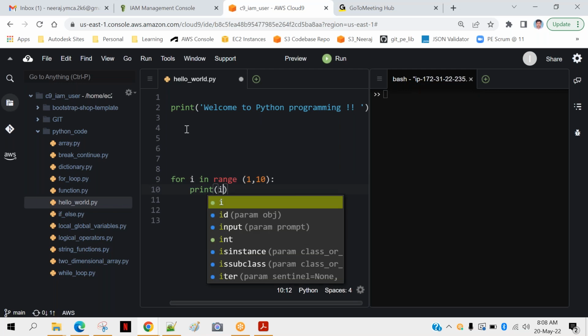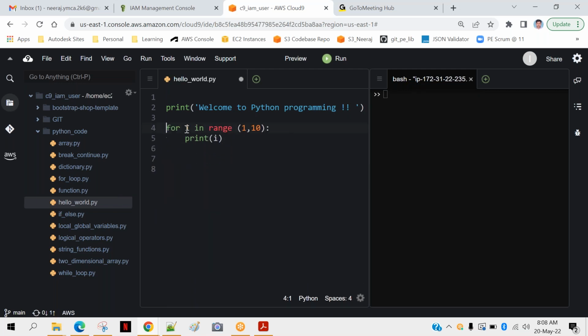That's all. That's my purpose. So it should display 1 till 9, because the last number is not inclusive actually. Let's try that. I will go to my Python code directory and I will run this Python hello world, right? Yes, you see 1 2 3 4 5 6 7 8 9, it's working fine.